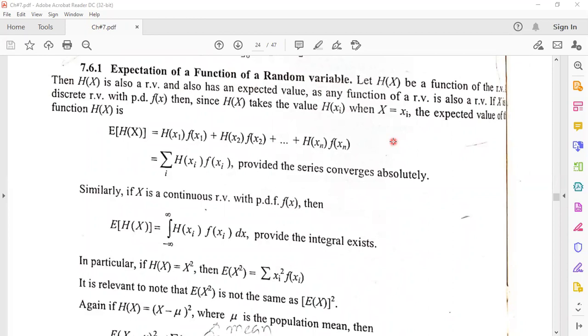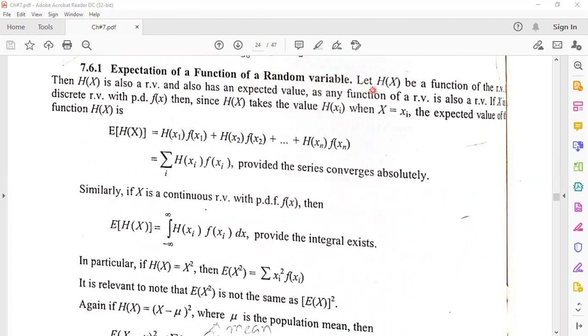हमारा आज का टॉपिक है एक्सपेक्टेशन ऑफ ए फंक्शन ऑफ ए रैंडम वेरिएबल। इस टॉपिक के तहत इसका कंसेप्ट और फार्मूला देखते हैं।